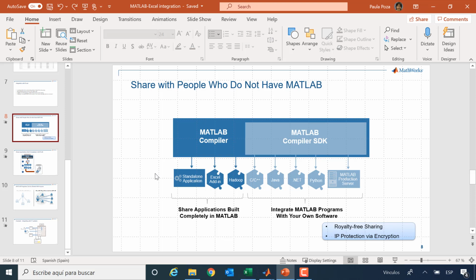One will be imported directly by the user. I create my Excel add-in, give it to my colleague, he imports it into his own Excel, and he can use it from there on. And the other way is that CTF, instead of giving it to somebody who needs to import it into Excel, we'll just give that file to IT, who will be placing it somewhere. And this option is a lot more centralized, because they place that in a central location and anybody can call them from their spreadsheet without having to bring it to their own Excel file.